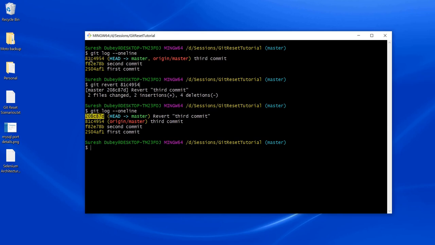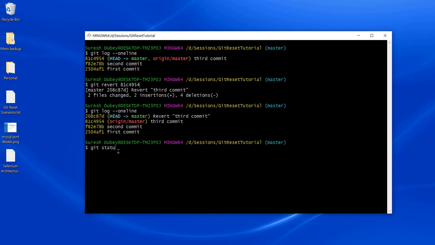Earlier 81C was showing as origin master, which means this commit was a part of the remote repository, and it is still showing the same, but the new commit isn't showing origin master because we have not pushed it yet. We made some changes in my local, and it will not reflect in the remote repository unless we push this change.